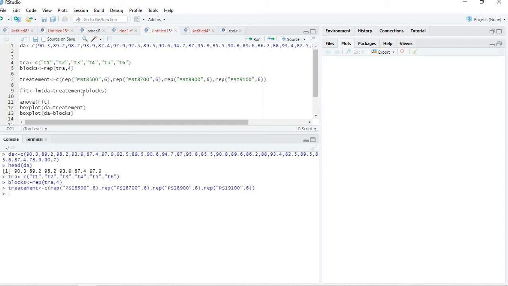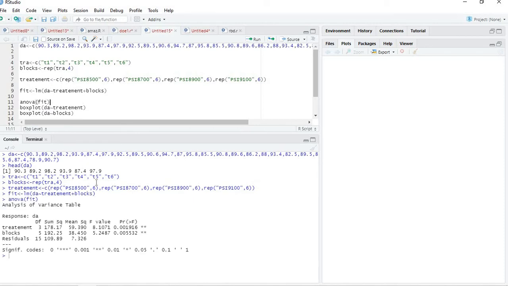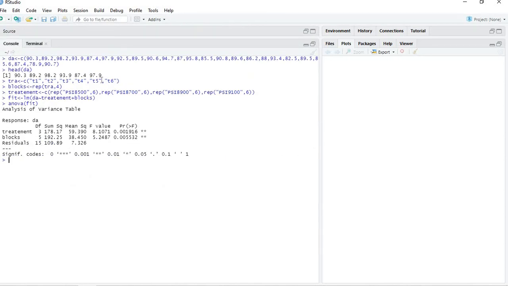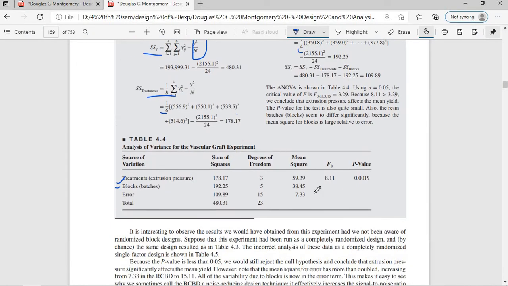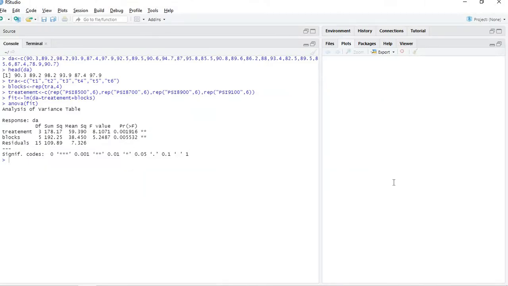Now we go to the model. When I use ANOVA for the fit, see these values and compare. Treatment degrees of freedom is 3, block degrees of freedom is 5, and residual is 15. The sum of squares is the same as before. Check, there is the F value, F statistic and p value. Here also the p value is available, 0.0019 and 0.00. So both are significant; both hypotheses are rejected.